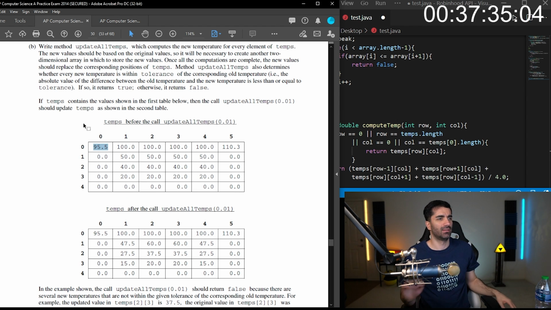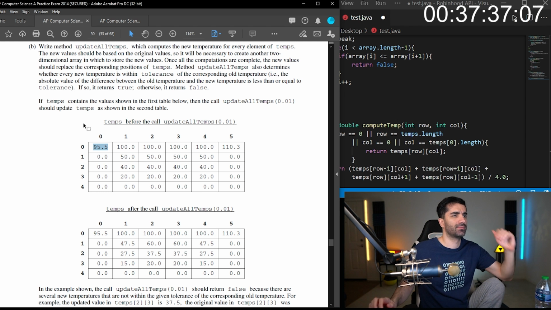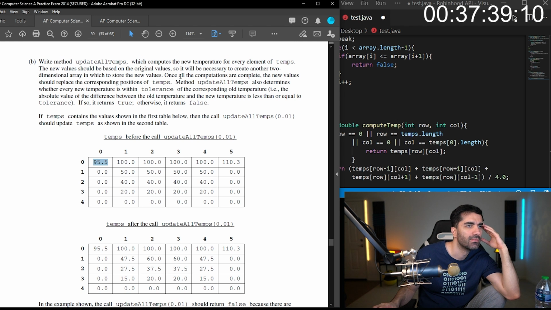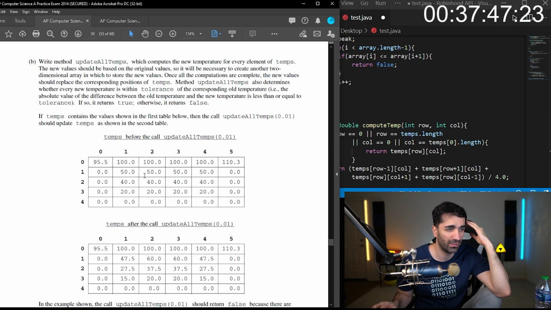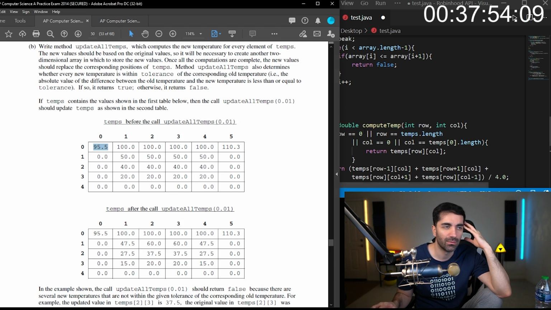I don't know. Okay, I think that's what it's doing. I think we're looping through the array. For this one, we're calling compute temp. We want to store it in some other new array. We check if that difference is 0.01, which for the borders, it will always be.